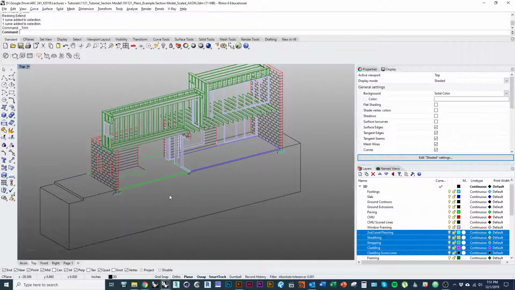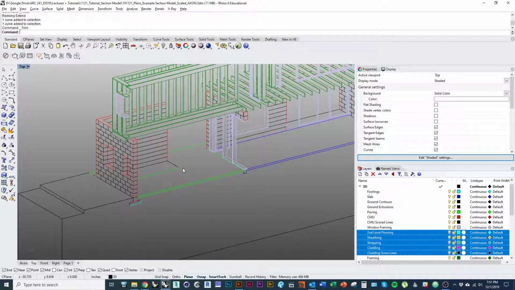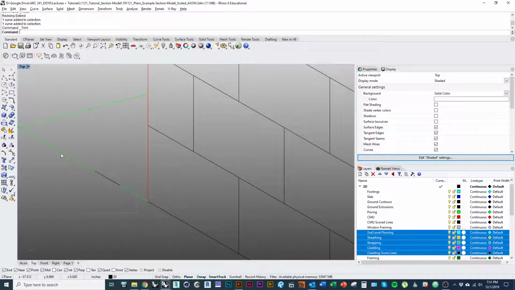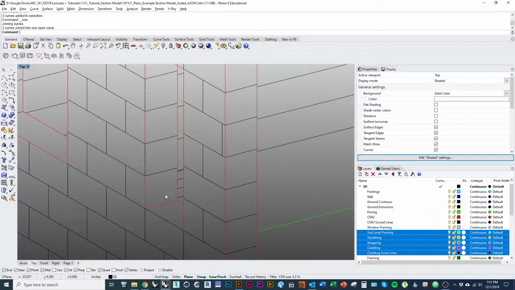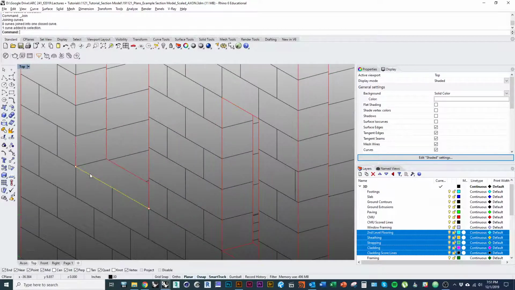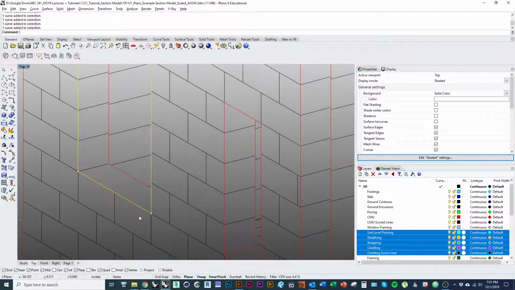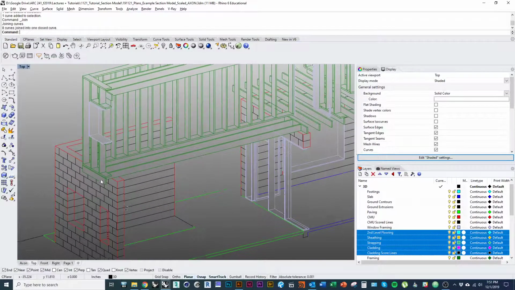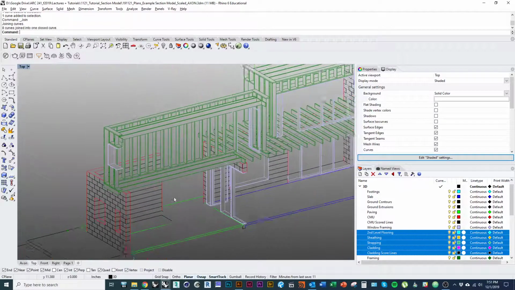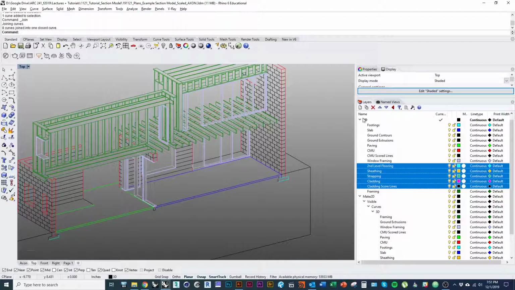Okay, so now what I want to do is comb through and start to clean up some of the line work. So oftentimes, with a Make 2D, when you have edges that are joined by two pieces of geometry, you'll end up with two lines on two different layers, like I'm seeing here. So I can clean some of this stuff up. What I really want to do is organize my layers so that I can easily line weight them in Illustrator. So if I expand my layers here,